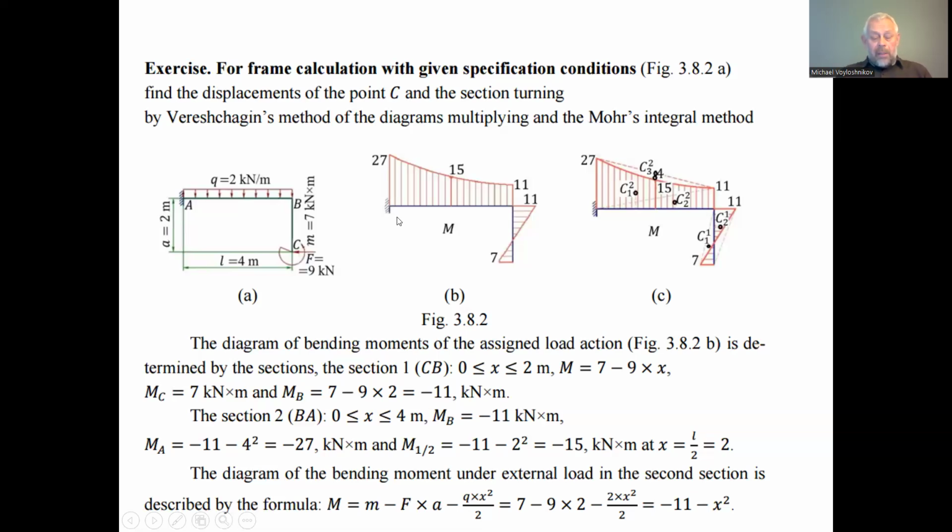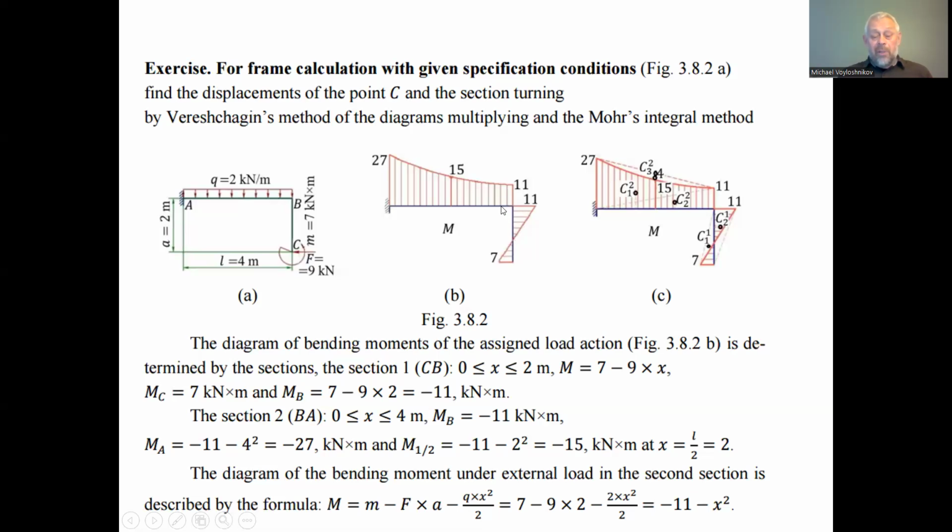We must adopt this bending moment diagram for use in the Vereshchagin approach, finding the product of the bending moment diagrams under the action of the external load, and the second diagram of the bending moment under the action of the unit force. So for the